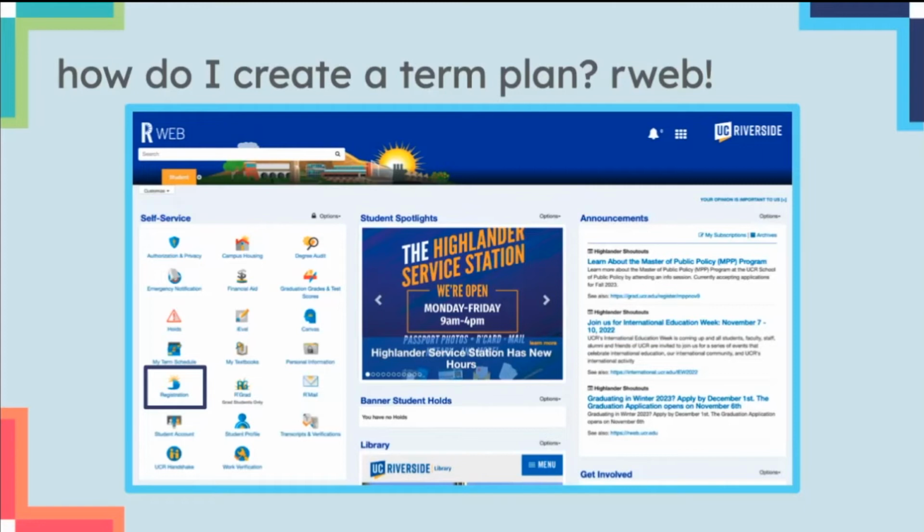But in order to be able to access that term plan and create it, how many of us know how to get to our web? Okay, cool. So that's everyone. So our web is essentially your student portal. And once you guys log in, this is kind of what your dashboard is going to look like. You guys will first click on registration. And then on the next slide,